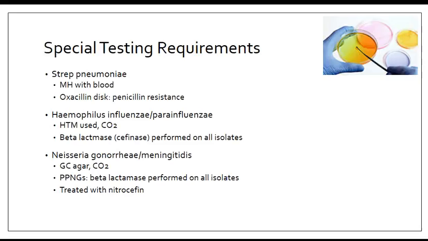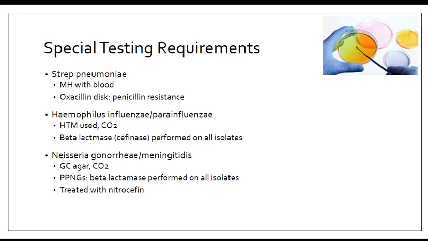Okay, special tests that go with certain organisms. These are organisms that have developed an antibiotic resistance over time. Strep pneumo has become resistant. Mueller-Hinton with horse blood or sheep blood has to be used. An oxacillin disc is used to check for penicillin resistance. So we sub the strep pneumo to a plate, and then we drop an oxacillin disc and check for the